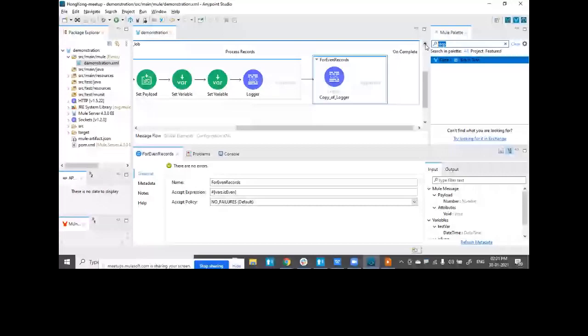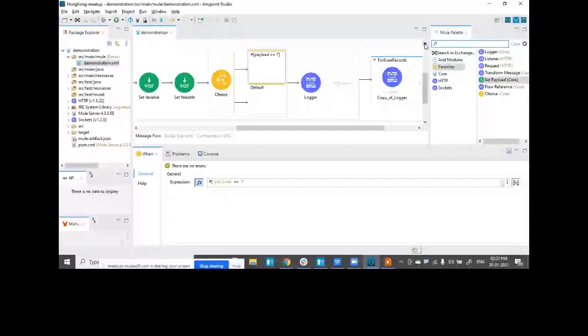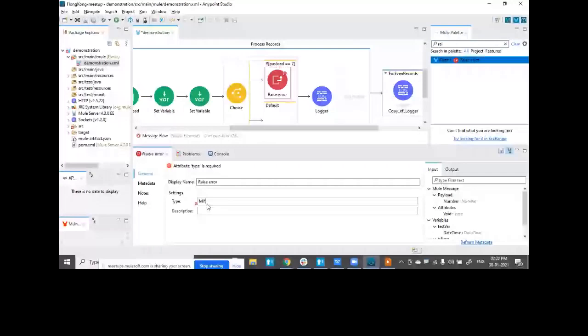In my first step, if the payload equals 7, I will try to fail this record intentionally if the value is 7. And how can I fail it? I'll make use of raise error. I'll call it, let's say, my colon custom.